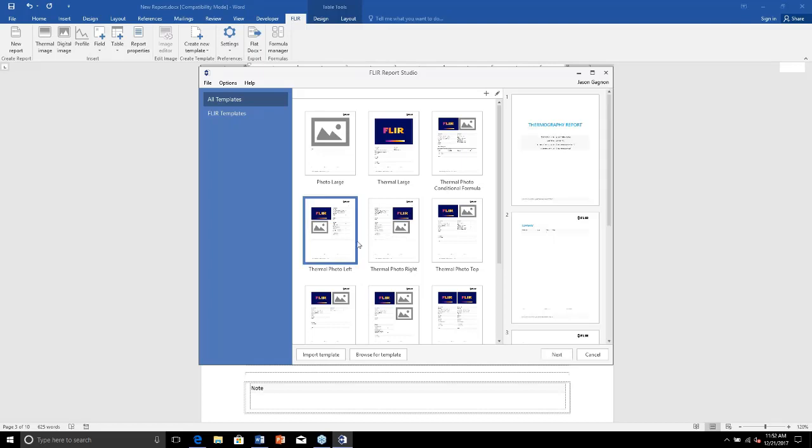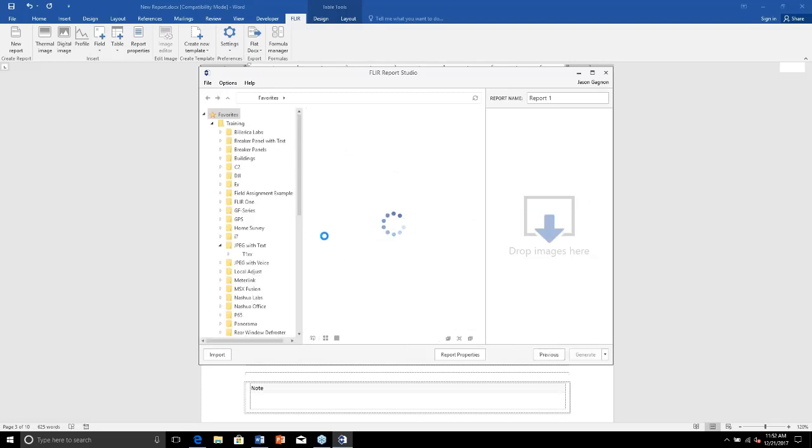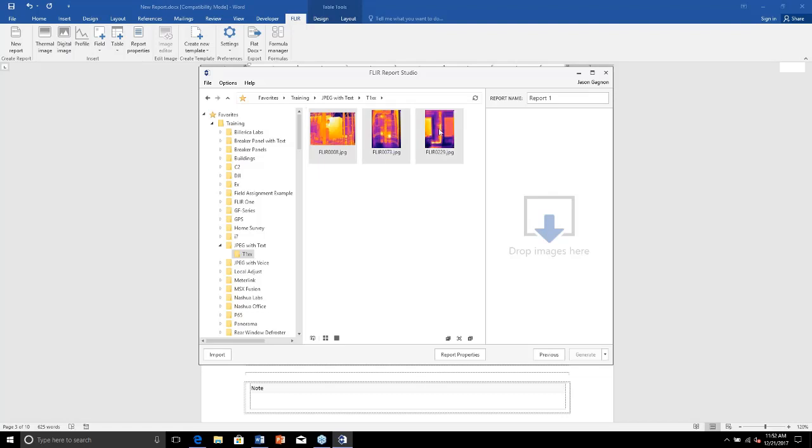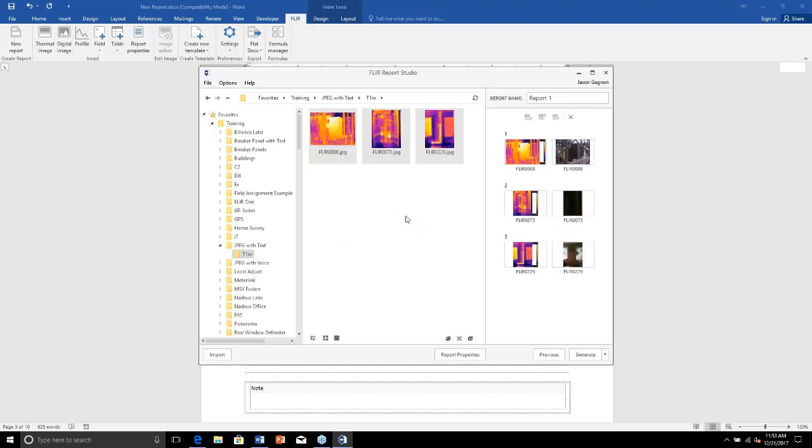There's a lot of cool things about this wizard too, because we can go to next. It's just a pretty straightforward step-by-step process. It shows you all your folders on your PC. So we can go to whatever folder, drag these over here. You can edit the images in the wizard, and then you can make the word report. So if I double click, it's going to bring up an image editor right in the wizard